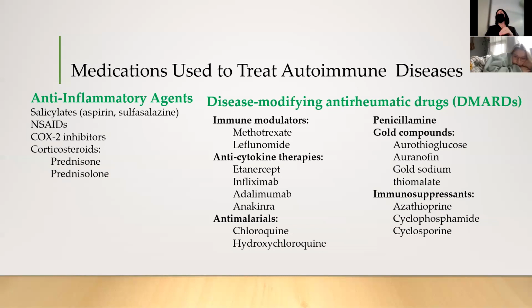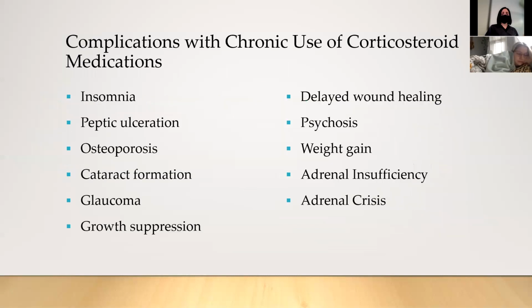So oftentimes, especially if it's a more aggressive or active autoimmune disease, they have to add some things to keep the patient's joints from deteriorating, if it's rheumatoid arthritis or whatever the autoimmune condition is. So you just have to take it case by case. So you notice back here